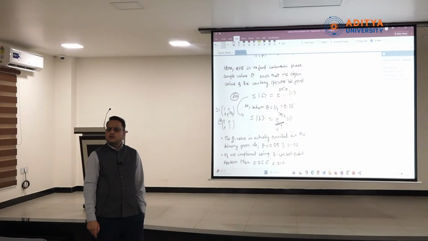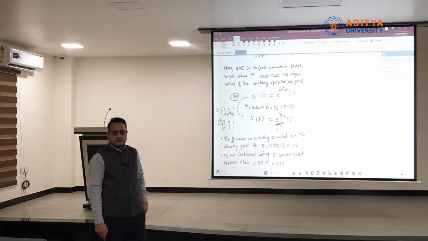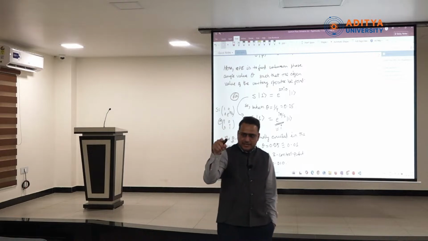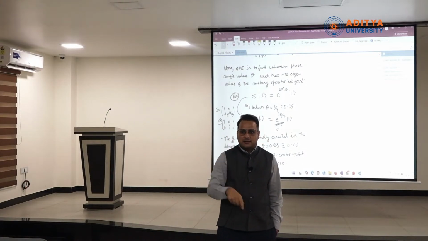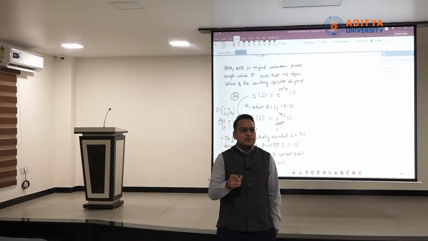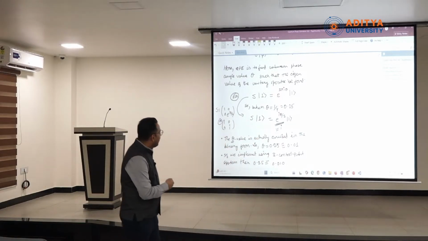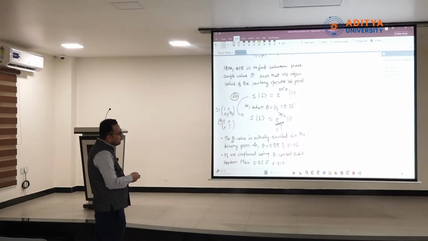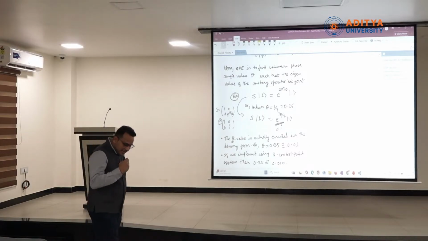Okay. So what's the eigenvalue associated to S? S gate means the matrix operation is 1 0 0 i. Yes or no? So i means what should be the value of theta here? Now look at here. When we put theta as 1 by 4, this would become e raised to the power i pi by 2. Okay. So e raised to the power i pi by 2 would be equal to what? i. So basically for S gate,